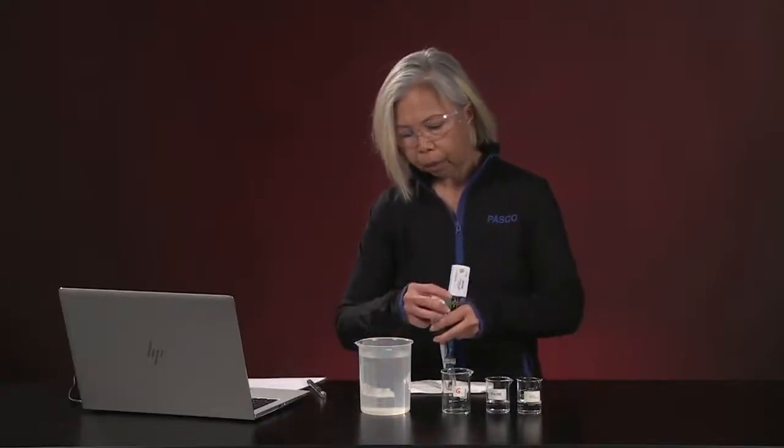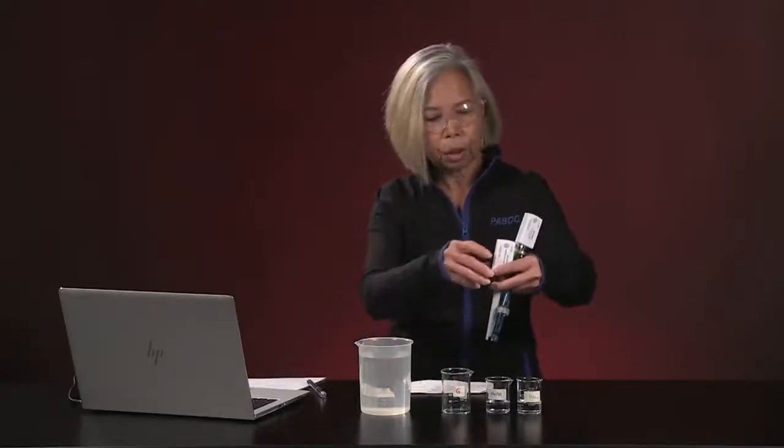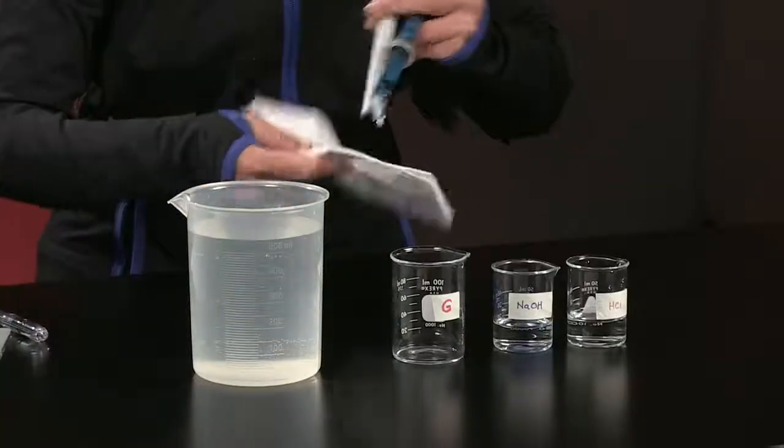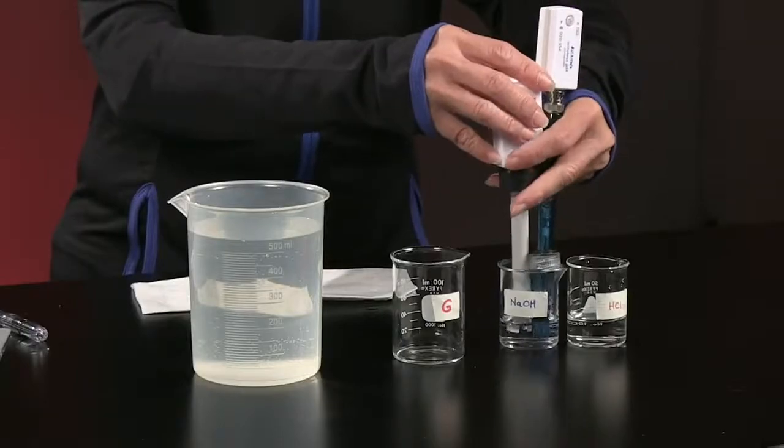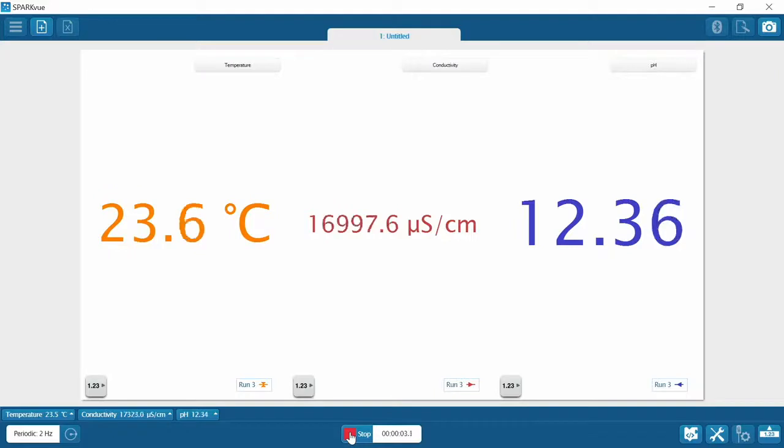And now I'm going to be looking at our other reactant, which is sodium hydroxide. Let's let everything dry just a little bit, and let's see what that sodium hydroxide looks like. So our sodium hydroxide has a temperature of 23.7. Stop right there. We have conductivity of 15,873, and we have a pH of 12.42. So now let's give our probes another good dunking,